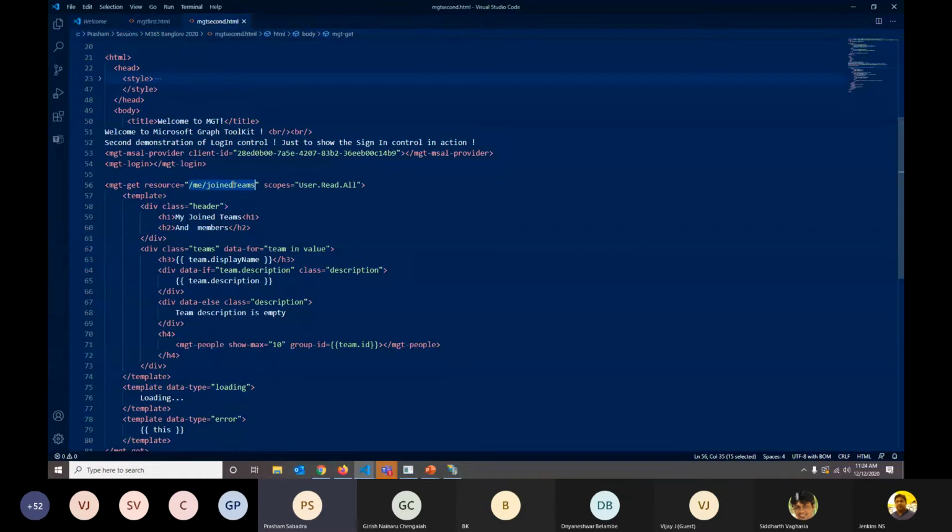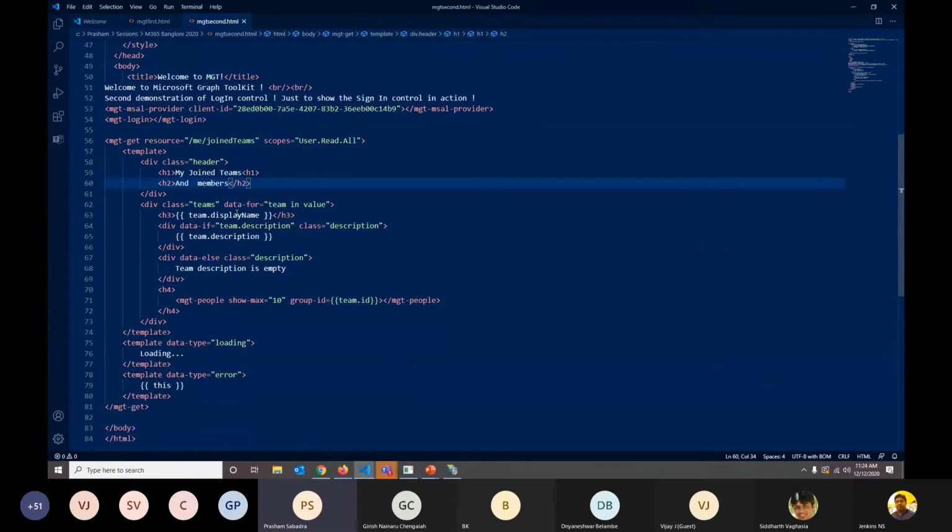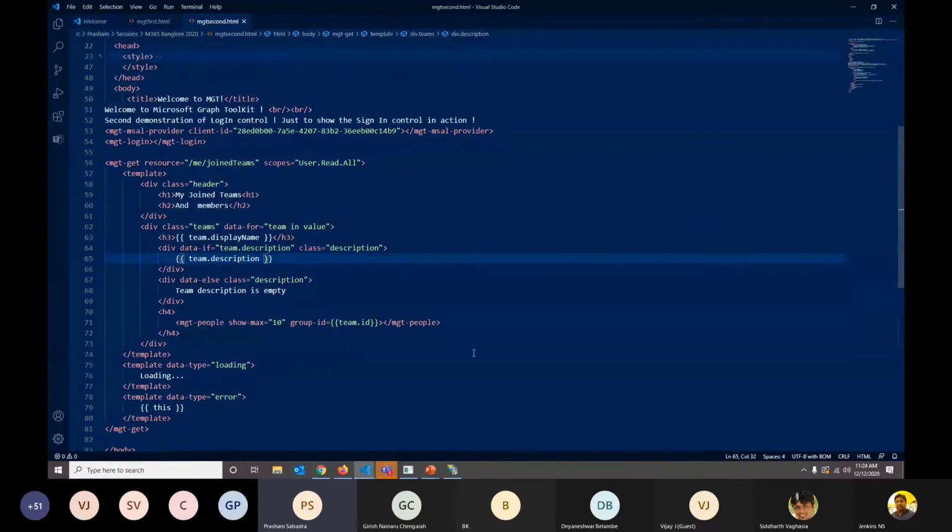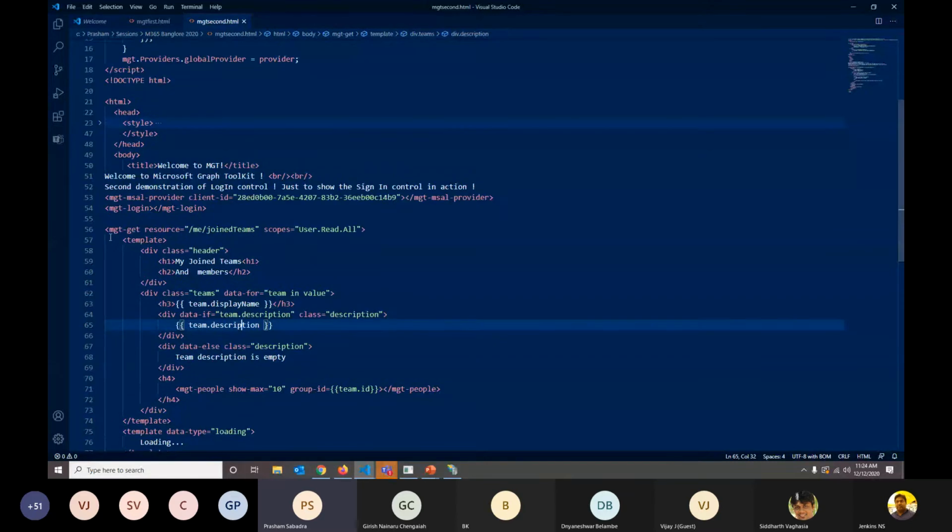They understand which user is logged in, the permissions and all those things. So if you see here, just specify the scope and it will show me all my teams. I could use the display name or descriptions that we are rendering, and the people or the members of the team as well. So it's very easy. How easy is it to write that code to get all my joined teams, and then with the help of the Teams provider, include them in the Teams tab. Authentication is handled behind the scenes.